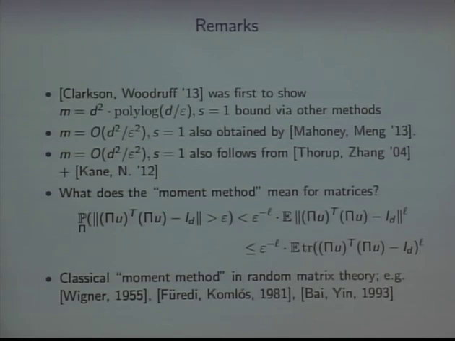And then you use the fact that, well, if L is an even integer, okay, so what is this thing here? It's the largest eigenvalue raised to the L. Meanwhile, what is this thing? Well, this inner matrix raised to the L, its eigenvalues are the old eigenvalues raised to the L, and the trace is the sum. And since L is an even integer, everything here is non-negative. So the sum definitely dominates the max. Okay? So this is what I mean by the moment method when you're dealing with matrices.